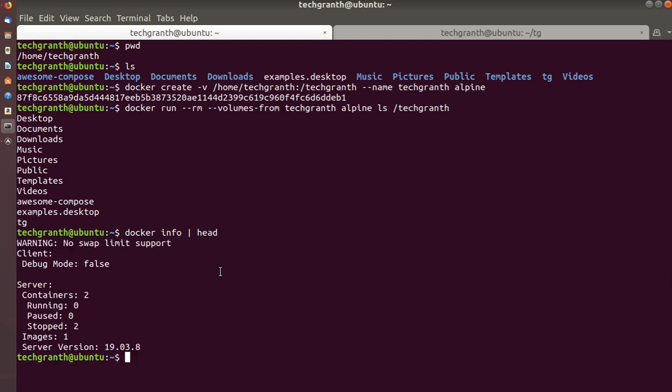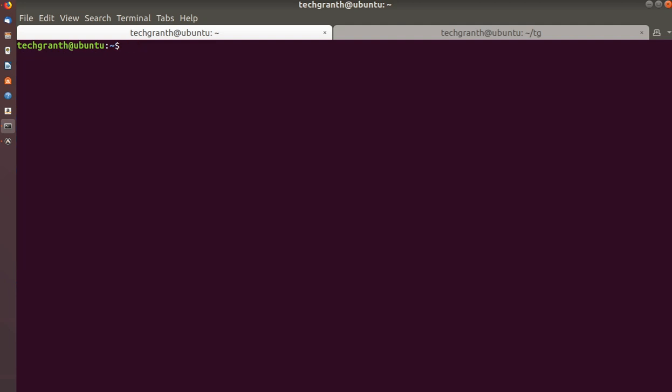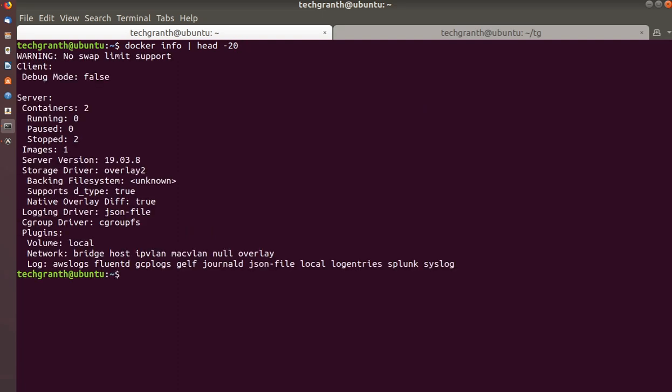Okay, we did not get there, so head -20, it will show the first 20 lines. So here you can see the storage driver, right, which I told you overlay2 is the default one we'll be using on Linux.